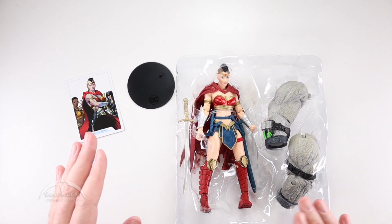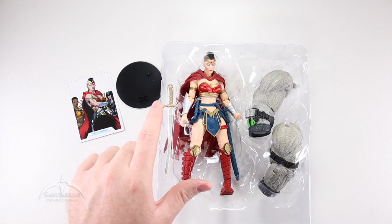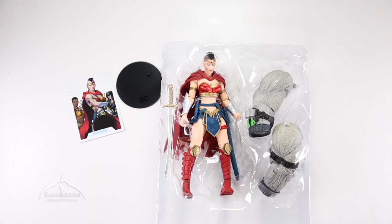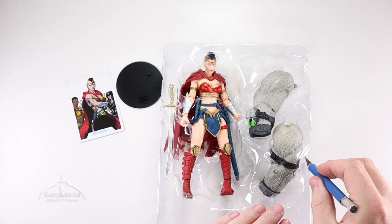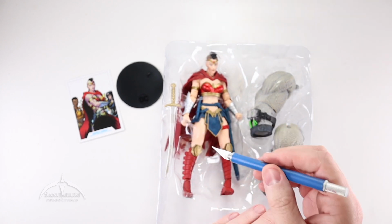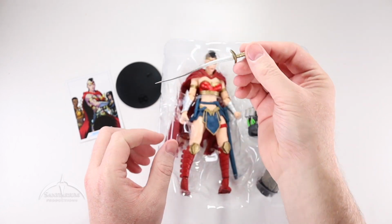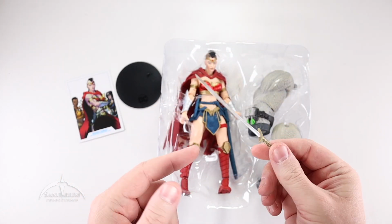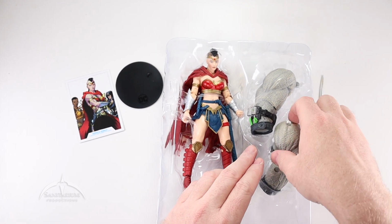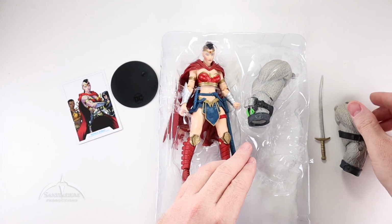Alright, there's those pieces. We'll move on to the actual figure here. We do have a piece of tape holding the accessories, including the Bane Build-A-Figure pieces. So let's slice that tape first. And this tape here. Alright, then we'll pull the sword out. We will zoom in here in a second and look at these things closer, but that is weird. Bane Build-A-Figure pieces. That's kind of cool, but